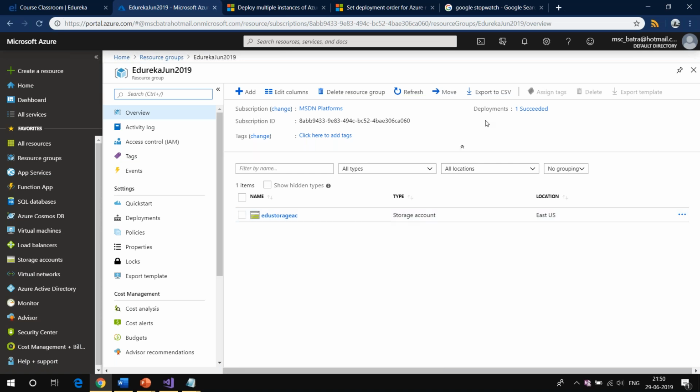Now you can see here our resource group is in West US 2, but my storage account is in East US. So there is no restriction on where you can create your resources. All right, that's all I wanted to show you for creation. Vijay is saying, can you please tell me more about storage account? How is it used? Vijay, please be careful, I just said we will not go into the storage account right now. Only when we get to the storage topic, I'm going to give you a lot of detail about storage accounts.